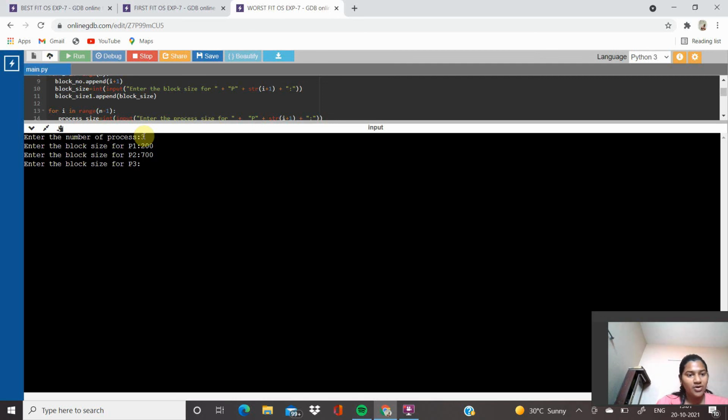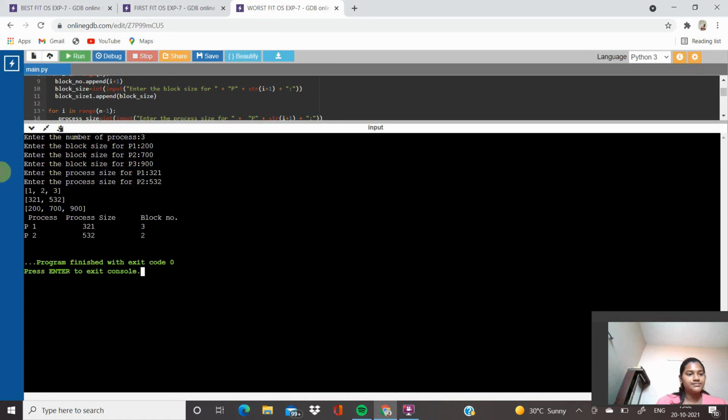Then enter the block size of P3 as 900. Then enter the process size for P1. I'm giving as 321. Then enter the process size for P2 as 532. And I got as 1 2 3, 321 532, 200 700 900.